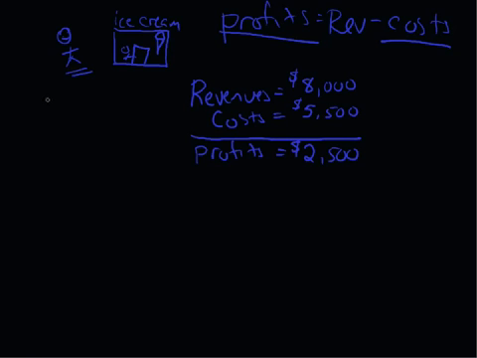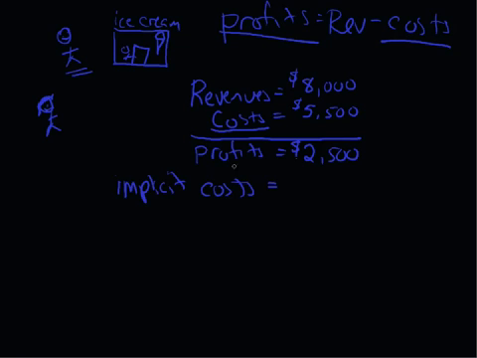But then I have another friend, and she comes over here and she says to me, Steve, you're an economist. Isn't there something else you should be thinking about? And I said, well, what's that? And she says, now these are your costs for your ice cream and your cones and your labor and your rent, but there's something else. What else could you be doing with your time? That's an important consideration. And you're an economist, you know that, and this is called my implicit costs.